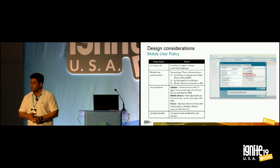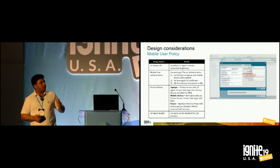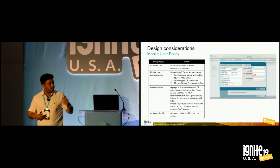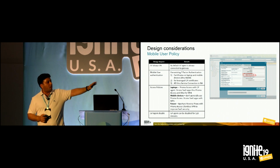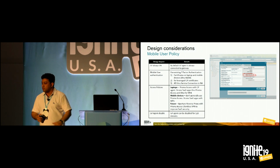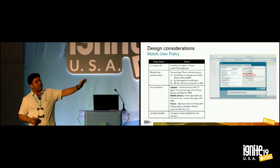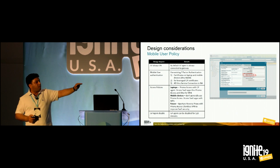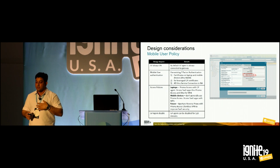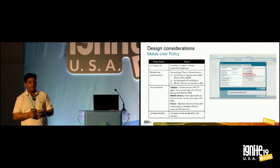On the mobile devices, which are also protected by the same certs and AD, we don't use the GP app right now. So what we are looking at is basically capabilities on the roadmap where we can use the combination of clientless VPN with the Aperture reverse proxy. So that will ensure that not only mobile devices, but any unmanaged device which wants to access a SaaS resource in the cloud, when a user authenticates, so let's say I take my daughter's laptop and I want to access my work Google Drive. So the advantage of using the reverse proxy is that I can actually